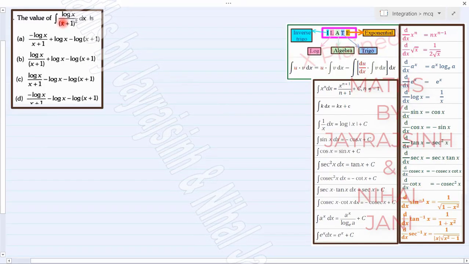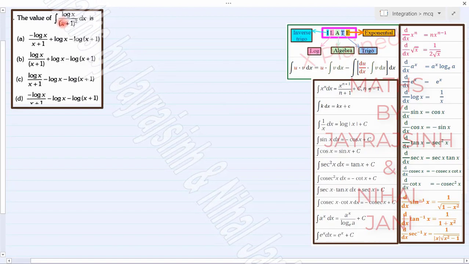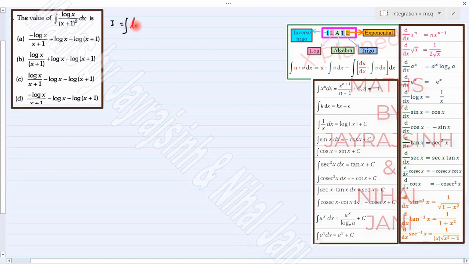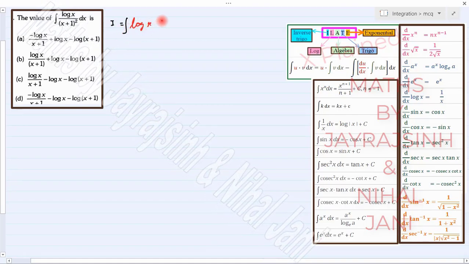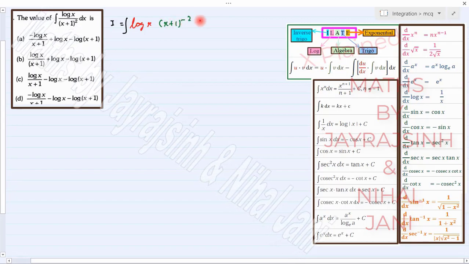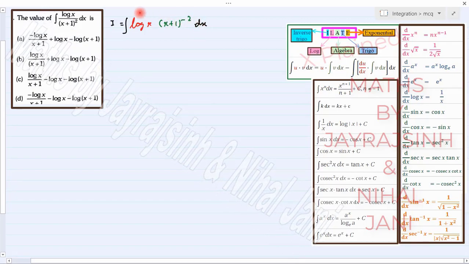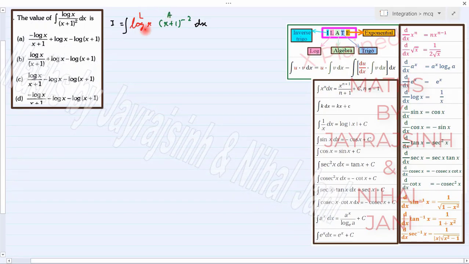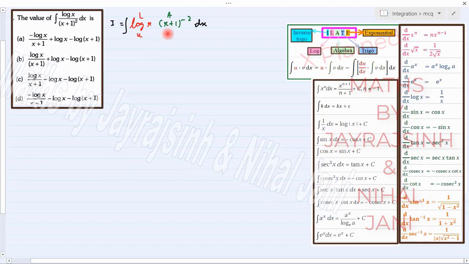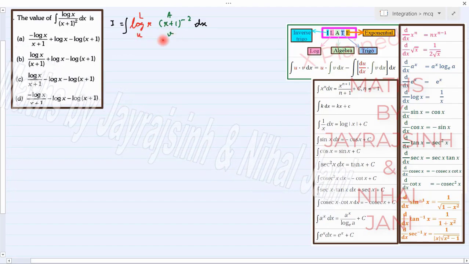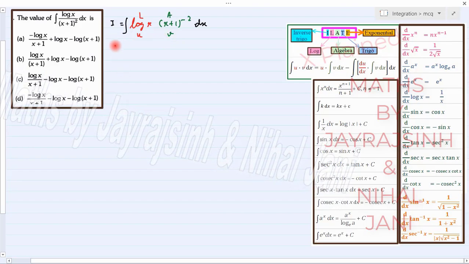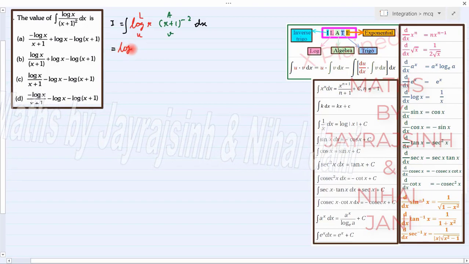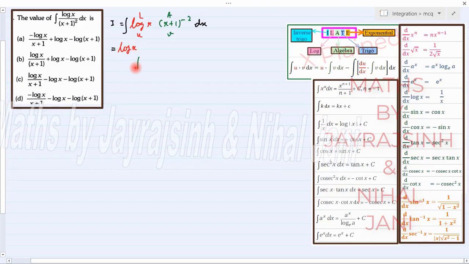In this question, we have to find the integration of log x upon (x plus 1) the whole square. Or we can say we have log x into (x plus 1) raised to minus 2. Your log x is a logarithmic term and (x plus 1) raised to minus 2 is an algebraic term. So log x will be selected as u and (x plus 1) raised to minus 2 will be selected as v. So let's apply integration by parts. In the first term, your u, or we can say log x, will be as it is. We have to integrate v,